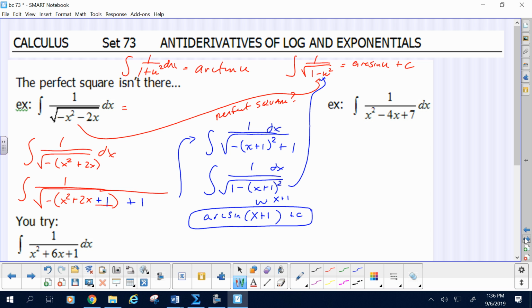Sometimes then you have to complete the square. Try the one off to the side, except you're not shooting for arc sine, you're shooting for arctangent, because there's no root and it's a positive square. So think arctangent. I'm trying to get